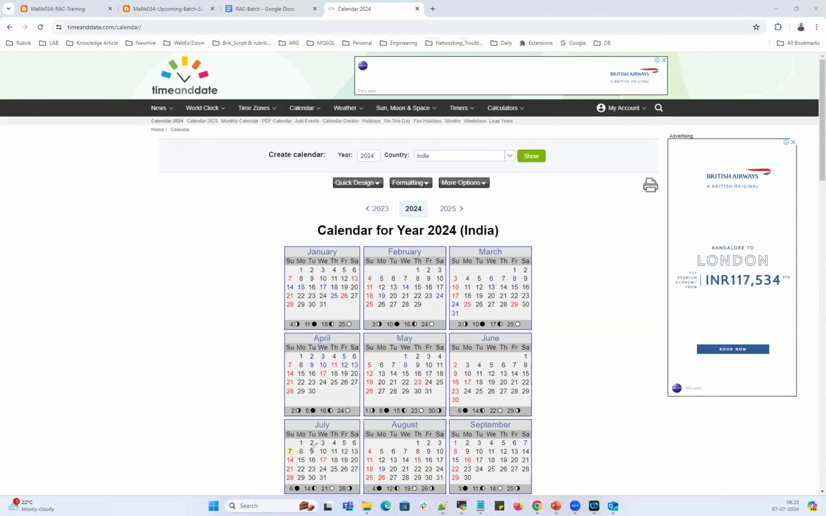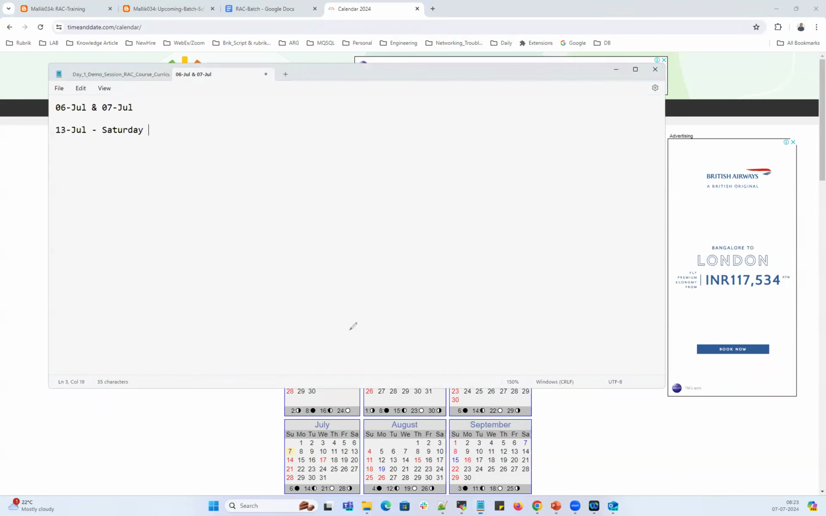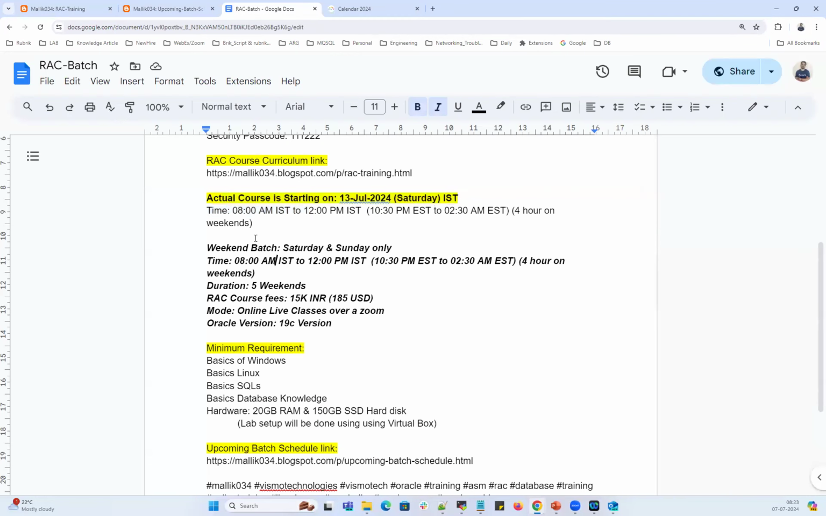so whatever we talked about, 6th and 7th are the two demo sessions on the weekend, followed by 13th, which is when we're going to start our actual course. 13th, it's a weekend batch. 13th July is when we start the regular classes. So this particular course is going to be of 5 weekends. If you see here, 13th July, Saturday, we are starting this class, and that will be